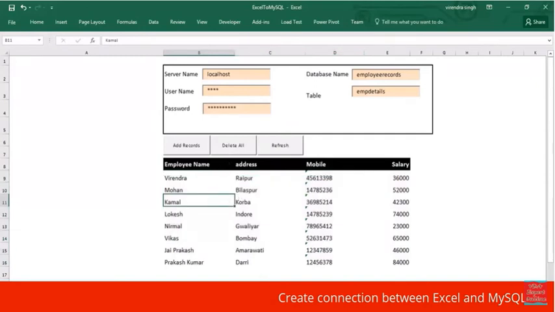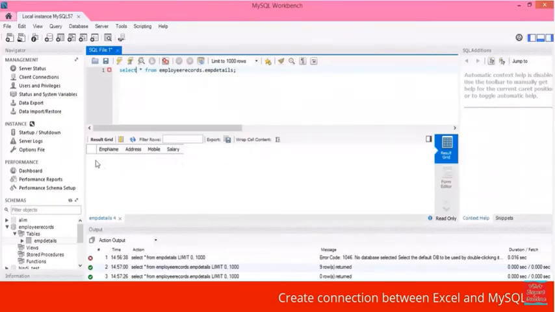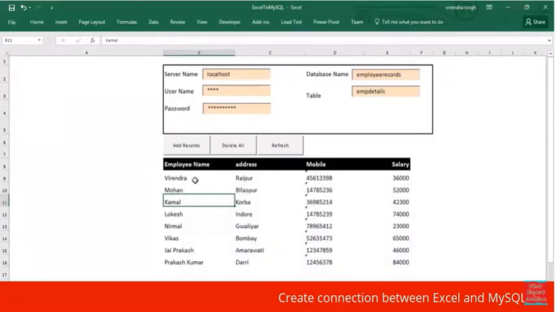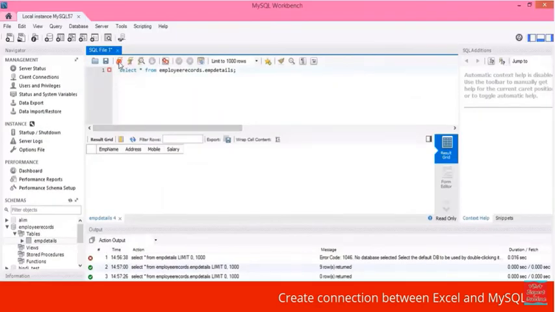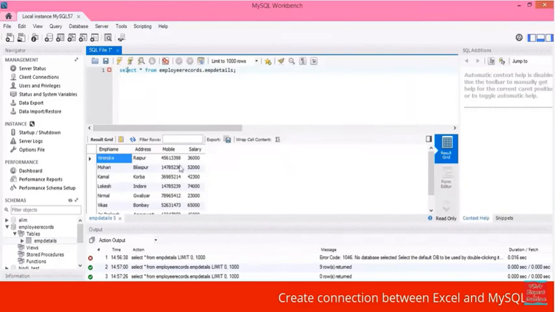Because the database is empty, there are no records, so we will have to add some records again. I click on it, add records again, so records can be stored. Check it now. Yes, records have been inserted into the database.